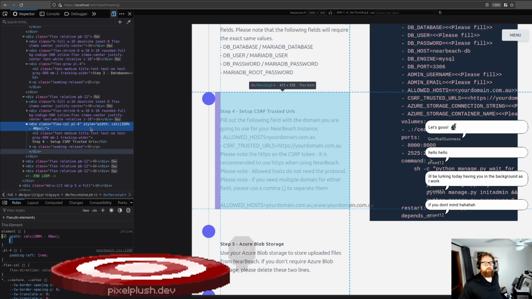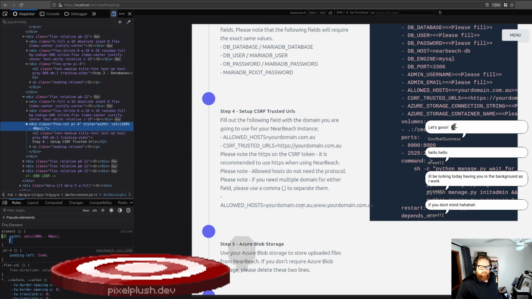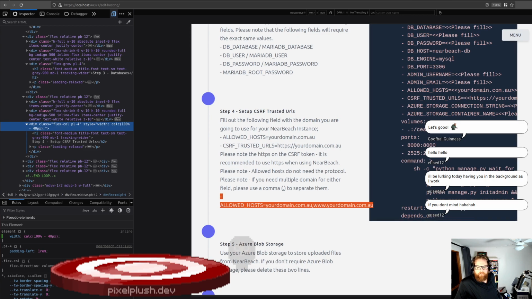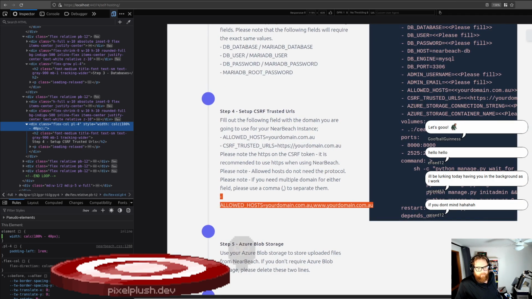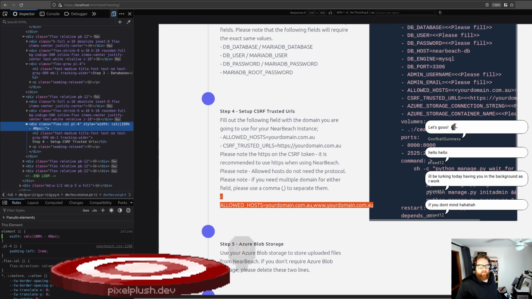But we'll need a special class for that. That's why I want it to break here. Because even then, on this sort of page,